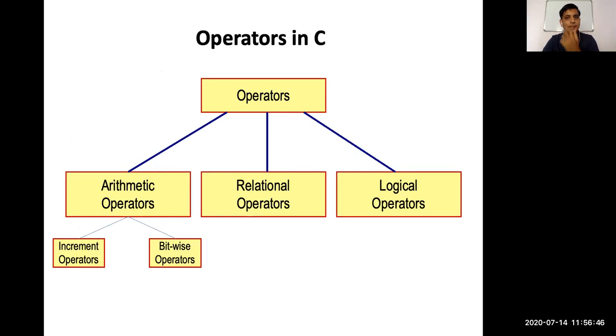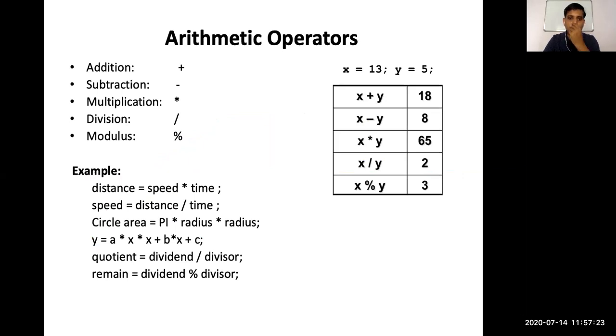Operators. Operators examples we are going to see, but before this, some theory regarding the operators. So there are three types of operators: arithmetic operator, relational, logical operator. You already know that. Arithmetic operators we know: plus, minus, division, multiply, and the increment operator is also there. Bitwise operator is also there. Relational operators give the relation between two variables, like greater than, less than, greater than or equal to, less than or equal to. And some logical operators: and operator, not operator, or operator. So we'll see one by one.